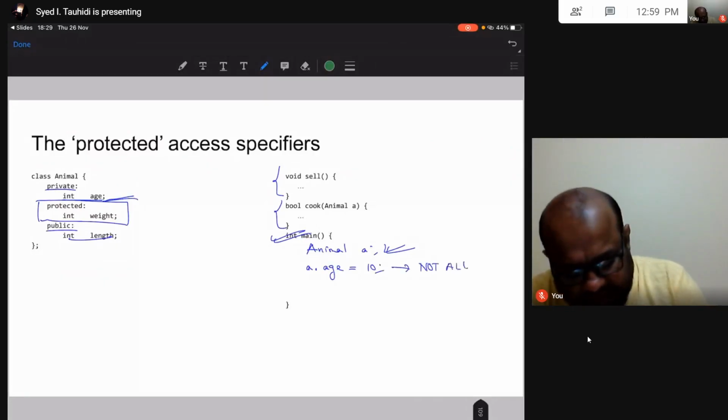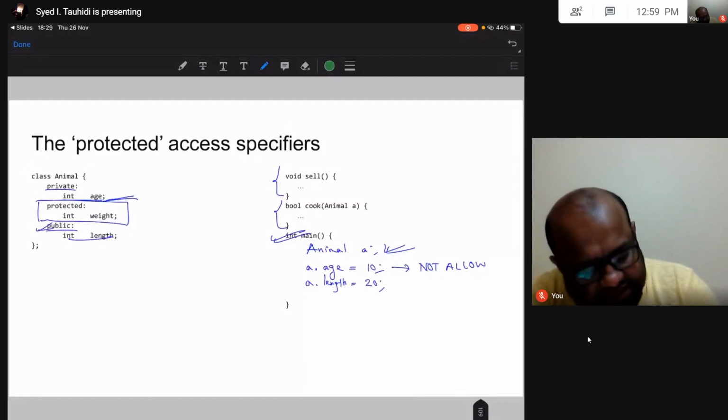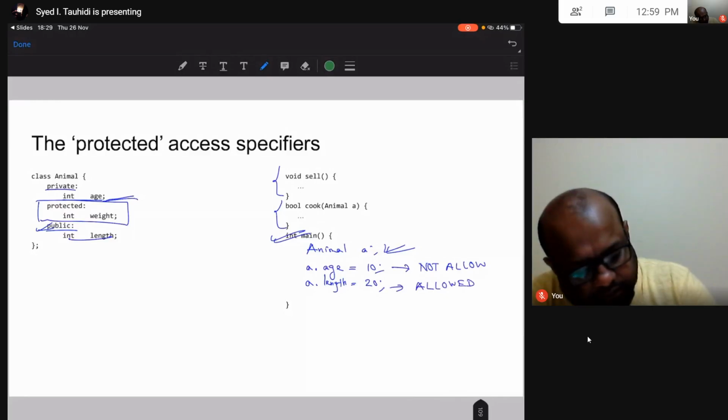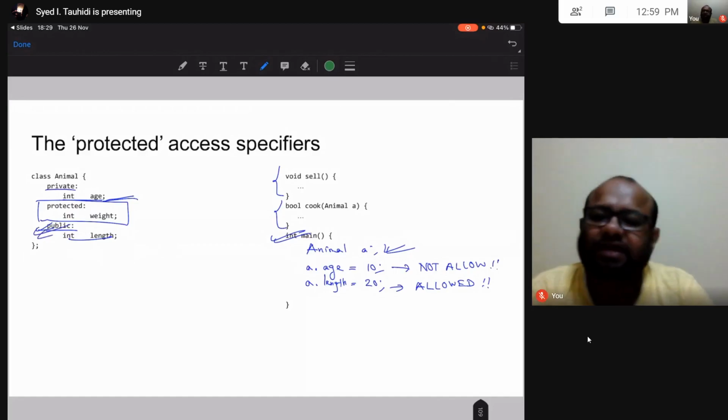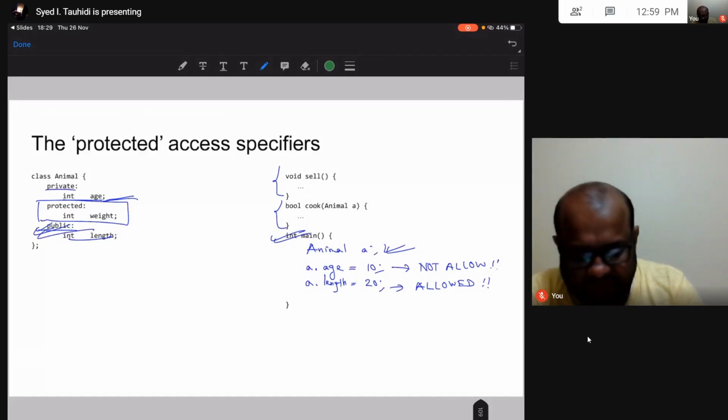Length, let me try to set a dot length equal to 20. This is allowed. This is public, and I can set length equal to 20. Age is private, I cannot set age equal to 10. This is not allowed. This is allowed.